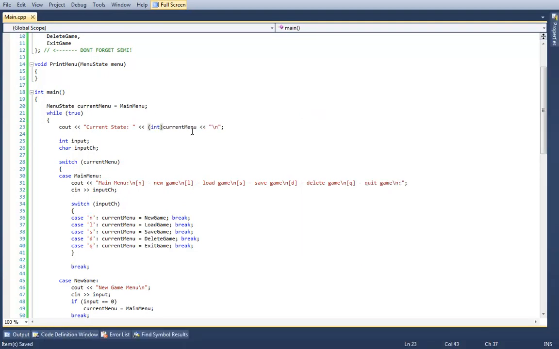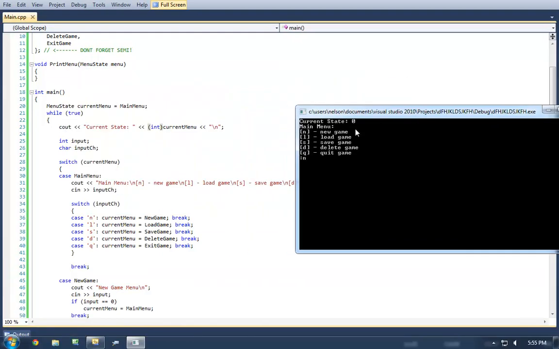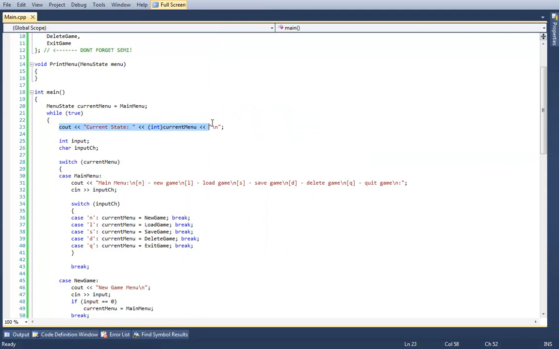It was interpreting that as a character. So current state is 0, and I do n, current state is 1. Now I can type in 0, current state is 0, d, current state is 4, and so on. You can do this, but this has very limited usefulness, because it really does break the